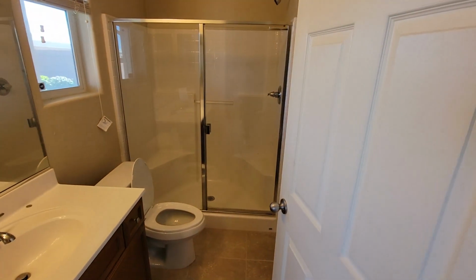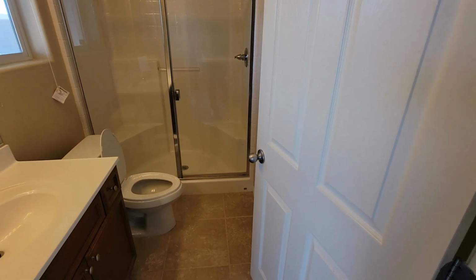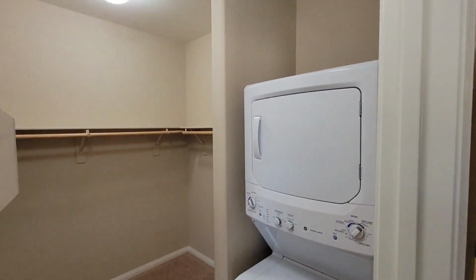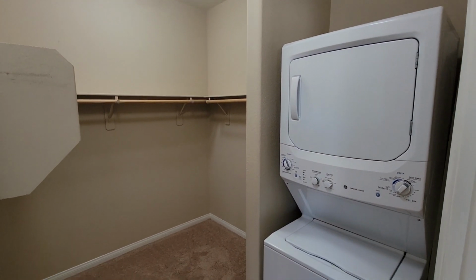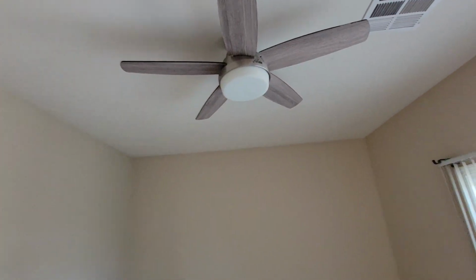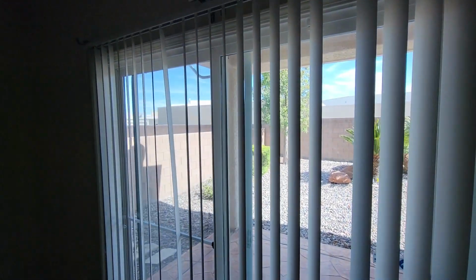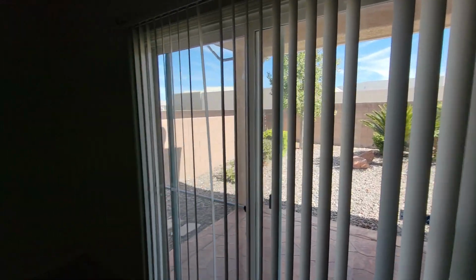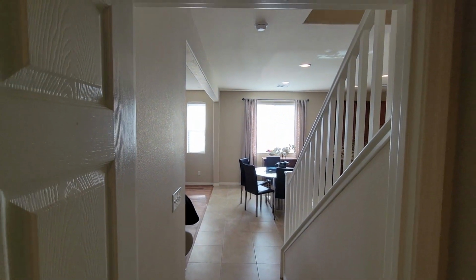full shower, toilet, vanity. Check that out. Your own washer dryer right in your walk-in closet. And again, nice fixtures here. You have your own slider access to the backyard. You have the access to the main living room area,